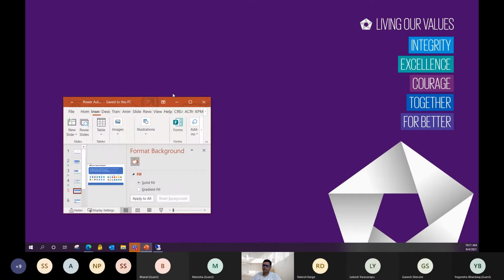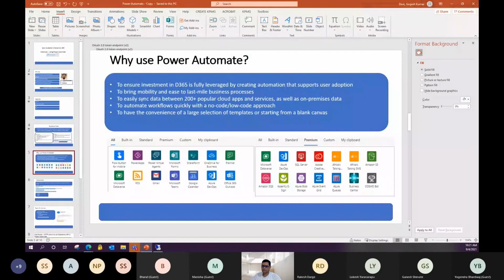Why Power Automate? That's the first question. Nowadays we have two sets of developers. One is the pro developer who writes a lot of code, and the second is the citizen developer, who does some configuration. Power Automate is basically a wrapper on top of the APIs that have already been written, by which you can configure the source, the destination, and the parameters, and that's all; it's ready to use. So it's better for the citizen developer who does not have in-depth knowledge of writing programming APIs.